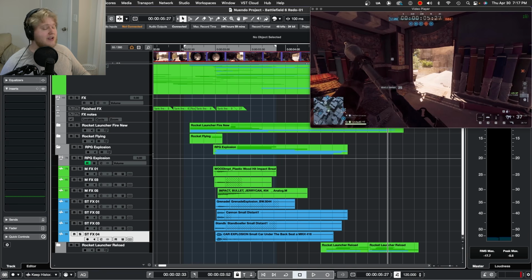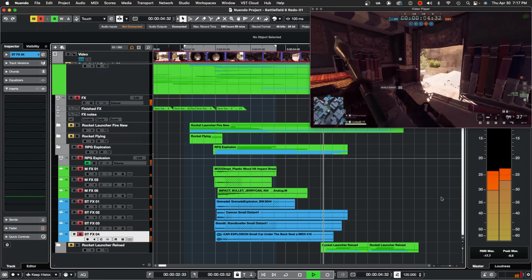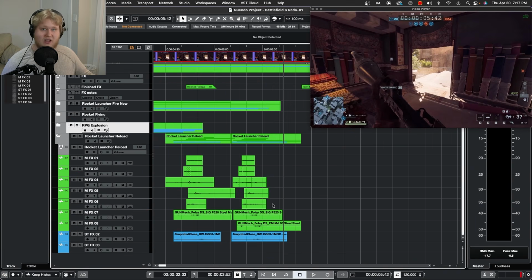And after, again, a bit more mixing, we get this. And lastly for the rocket, we have the reload. Now, part of this we handled in our Foley with the cloth and the mechanical layers. Already, we've brought a little bit of interest to this detail, but we need the main body of the sound,